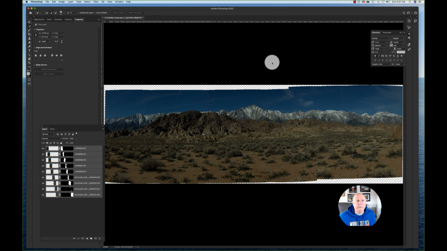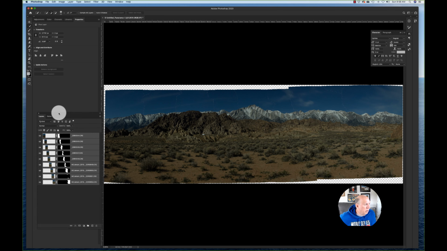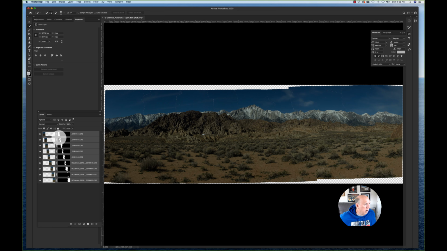Okay, and we've got our final image, and I'm going to zoom in on this a little bit because you can see that in Photoshop, I've got my 9 layers, and I've got the masks right along here, and it's blending out each part of what it wants to see and what it doesn't want to see. And actually, if you zoom in